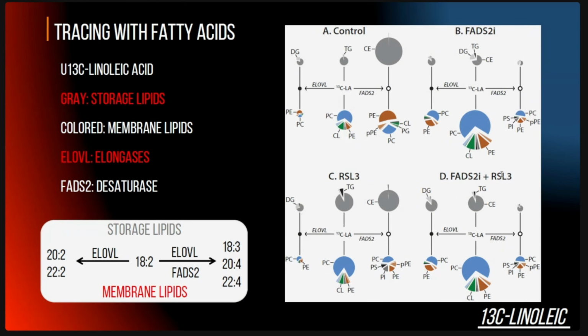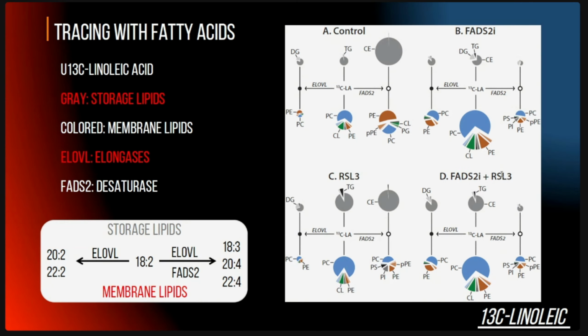And then you have in the center the labeled linoleic acid, and linoleic acid can be desaturated. You can add double bonds to it, and you can also elongate it, adding carbons. Here to the left is just the action of the elongases, putting more carbons into the linoleic acid two by two. And this is what happened.